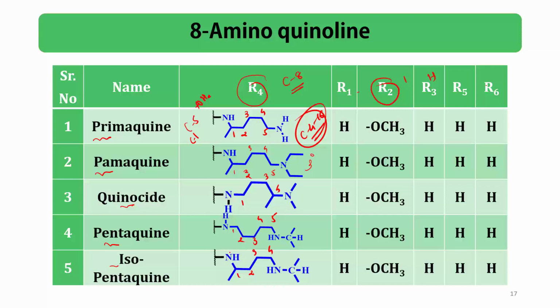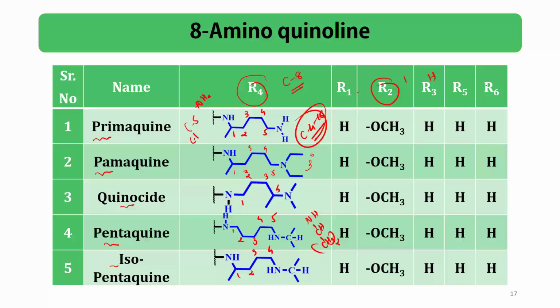If we take a look at pentaquine, we'll see that in pentaquine there is an unbranched chain of five carbons, and at the end we have an NH, CH, CH3 group. In isopentaquine, there is the same structure at the side chain, but we have a branch at the C1 position,